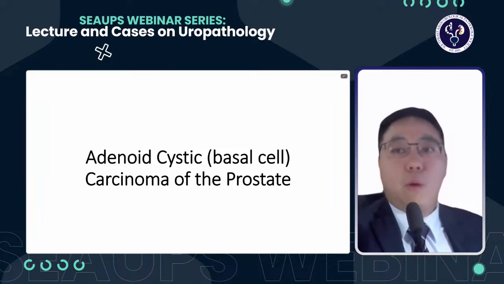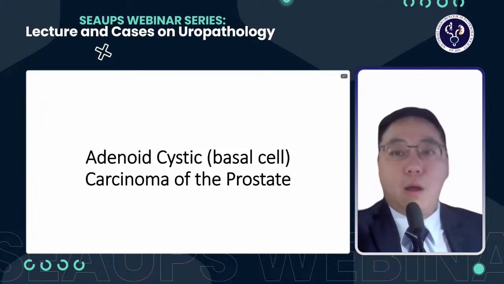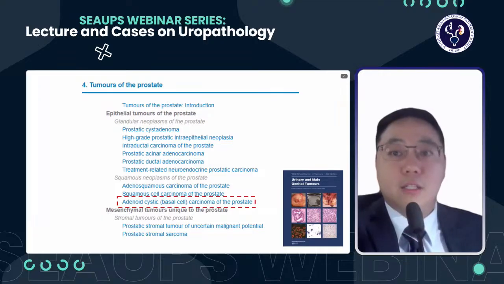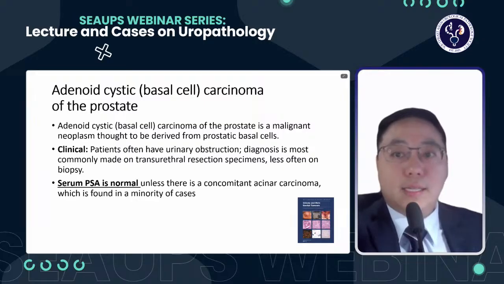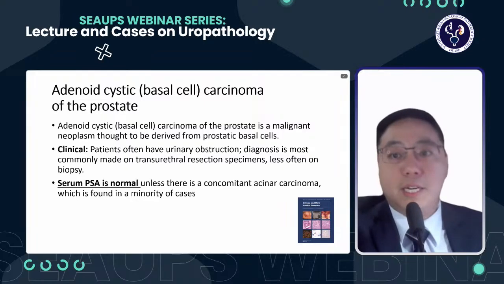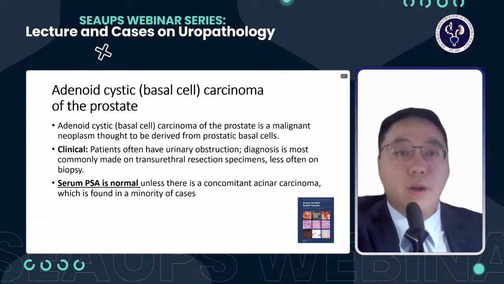So I would like to provide a brief overview about adenoid cystic carcinoma of the prostate. According to the WHO Blue Book, adenoid cystic carcinoma is classified under squamous neoplasms of the prostate. This tumor is a malignant neoplasm originating from prostatic basal cells. Patients commonly present with urinary obstruction. The diagnosis is most frequently made on the transurethral resection specimen, or TURP, and less commonly on the needle biopsy